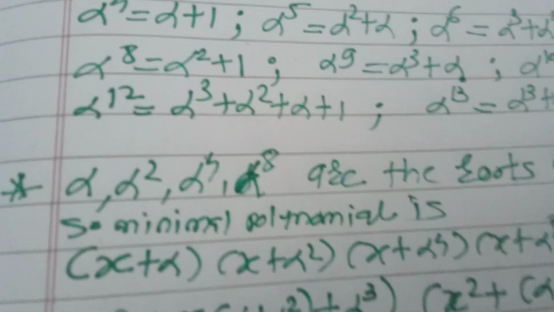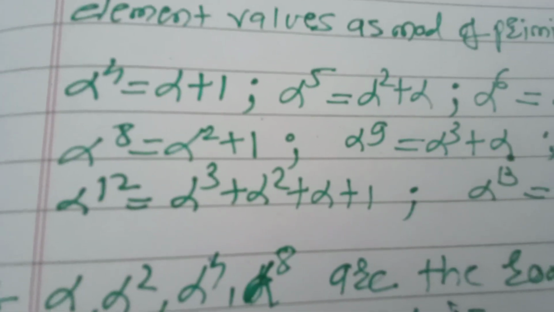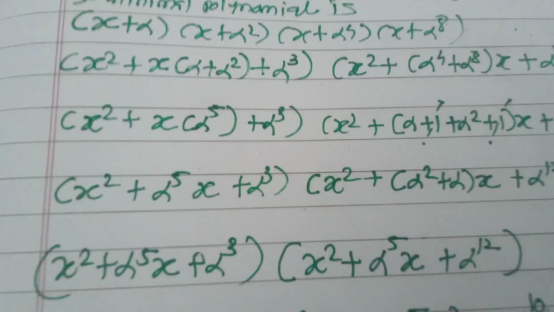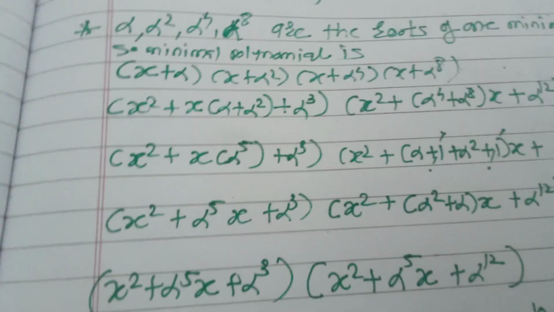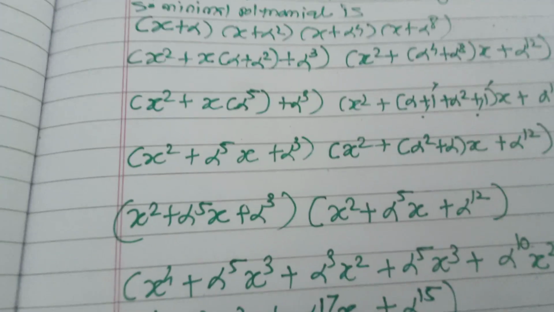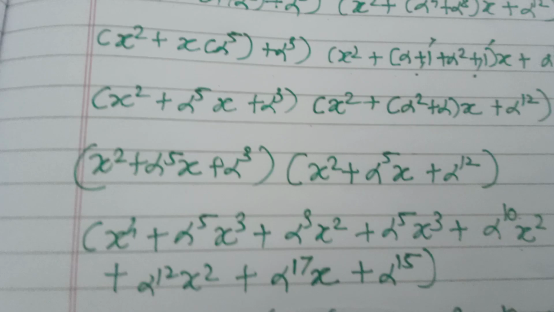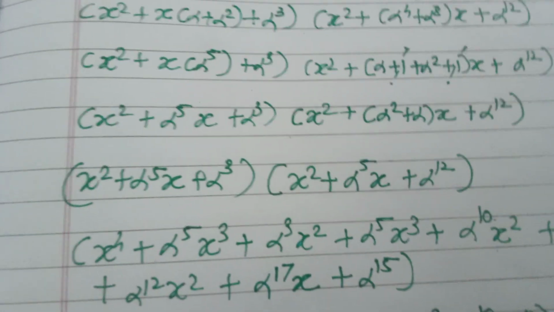Now again, alpha square plus alpha, you need to replace it with alpha raised to 5 because you want to reduce the calculation. So alpha raised to 5. So in the earlier stages only, if you reduce the calculation, it will be easier for you to reduce the lengthiness of the calculations. So then again you can do these two